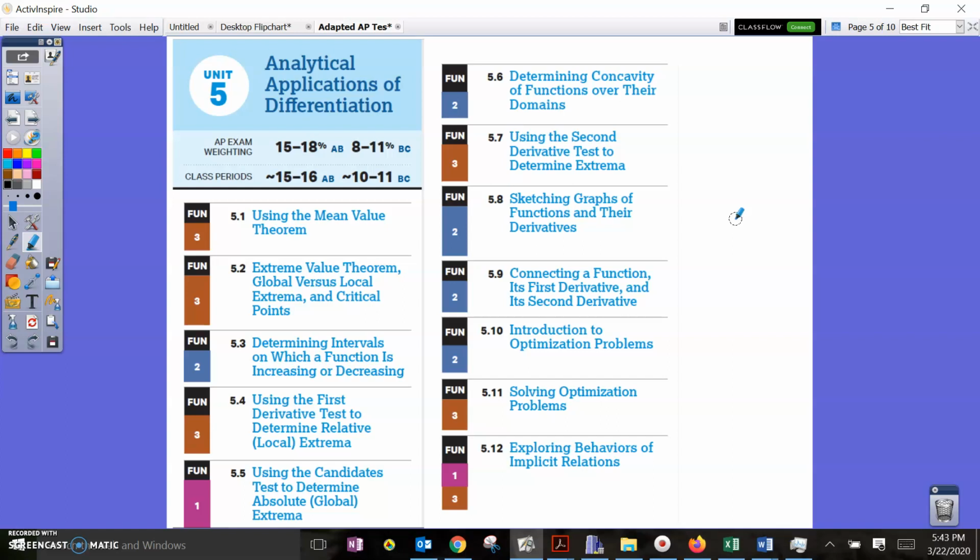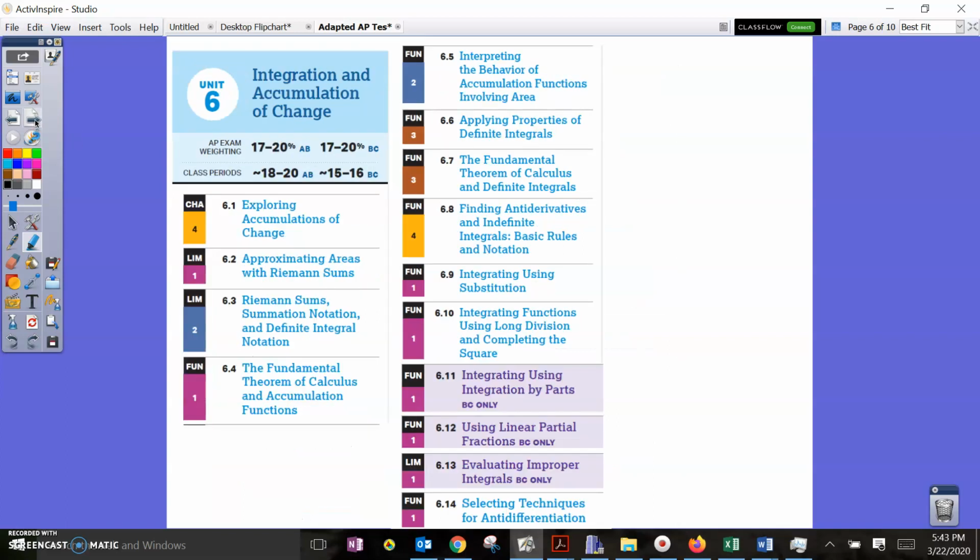We've got concavity of functions, sketching graphs using the function and its derivatives, the connection between the function, first derivative and second derivative, and also optimization falls into this unit, and the exploring of behaviors of implicit relations falls into this unit as well. That is, again, all eligible content to show up on the BC Calculus Modified exam this year. On to Unit 6,